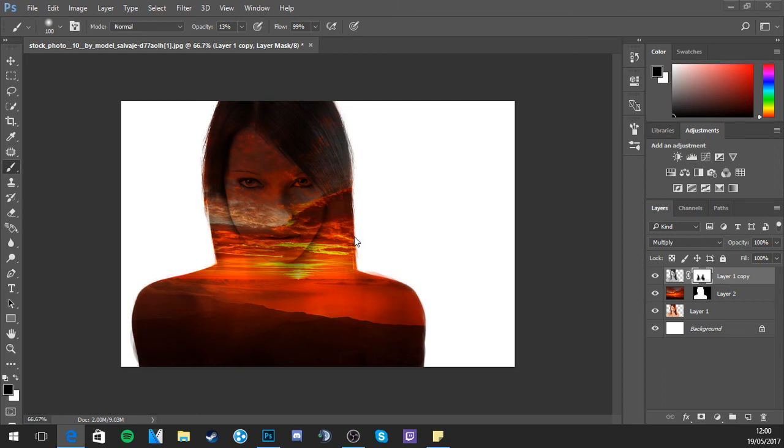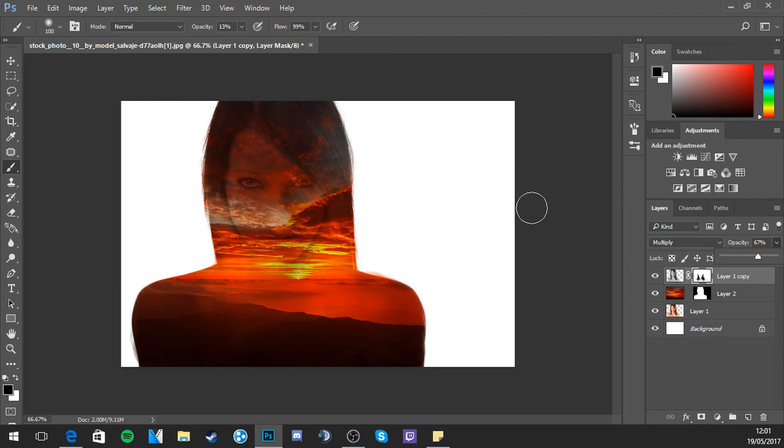The next step, as far as I remember, is just putting in the little blur. So another way to make her less visible as well is to go to here, the opacity, and if we drop this down, see, she becomes less visible. But I want it about there, see, so you can still see her eyes, her lips, excuse me, and the outline of her face, because I think that looks pretty cool. She's got a sunset in her.